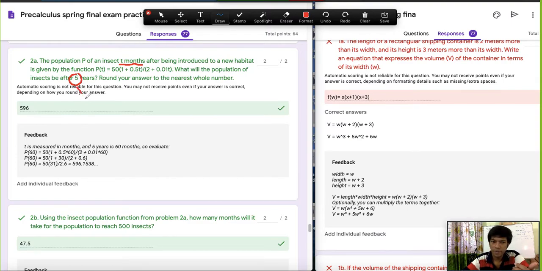That means in 5 years, 5 into 12 months in 1 year, so in total we have 60 months in 5 years. So we have to put 60 in the equation. As I say, the equation is always given. So this equation is already given. We have to put the value here. So it will be 50. This 50, I'm not writing anything extra. This 50, then 1 plus